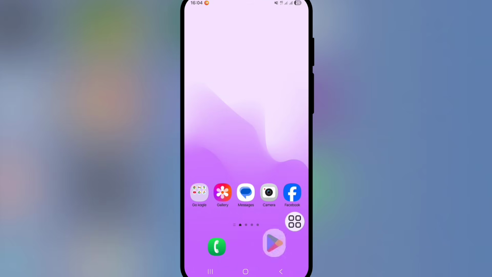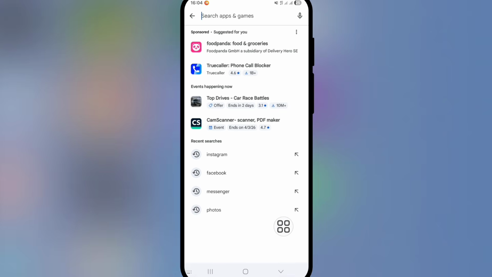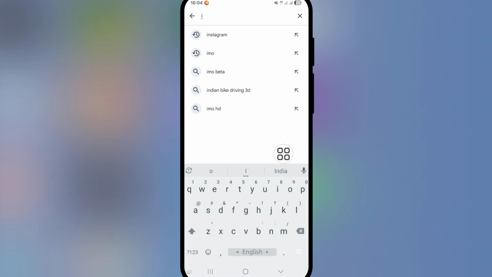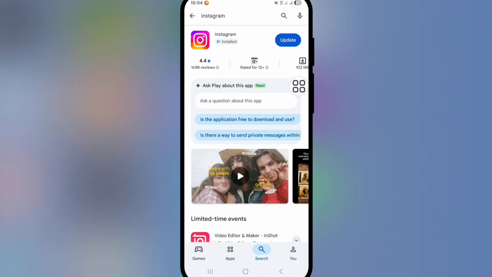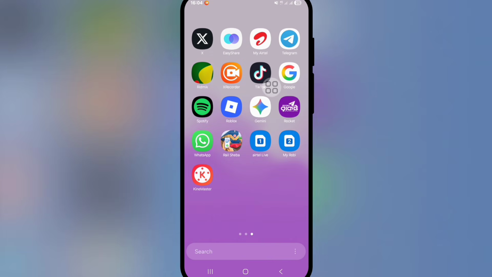First of all, you need to update your Instagram app. So go to Play Store and then search Instagram. Now update your Instagram app. After completing the update process, now open Instagram